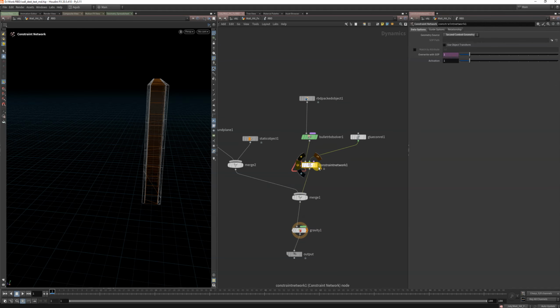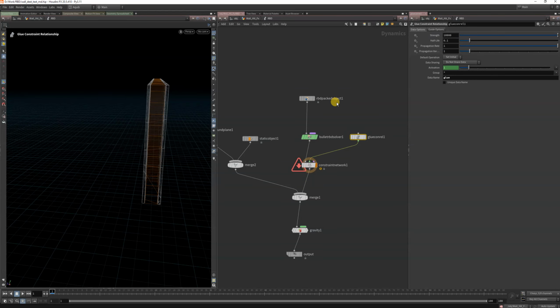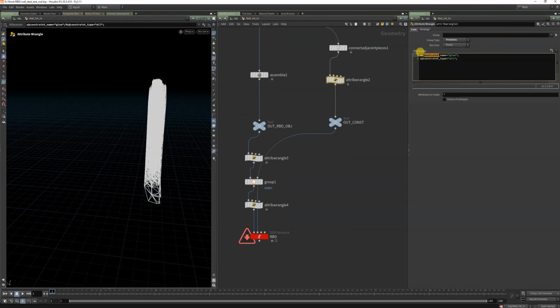Constraint name is missing. Glue constraint. Constraint, Control C. The spelling should be correct. Constraint name, constraint type. Okay, if you go inside,